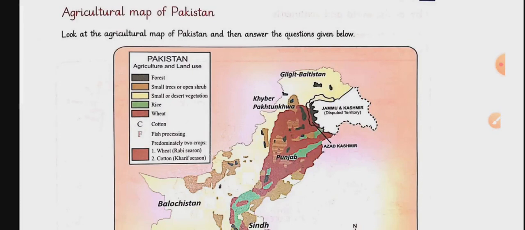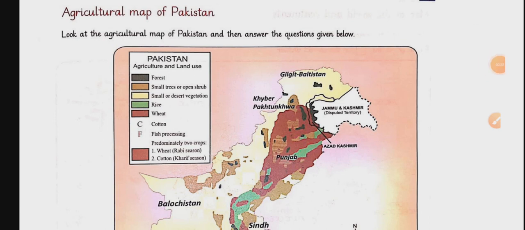Students, today we are going to solve another worksheet from the chapter Key Elements of a Map. As you can see, the title of the worksheet says Agricultural Map of Pakistan. If you remember, I told you that we can make different types of map. An agricultural map is a map that tells us about the types of the crop or the plants that we can grow in different parts of our country.